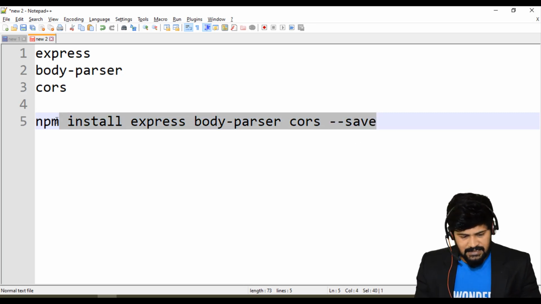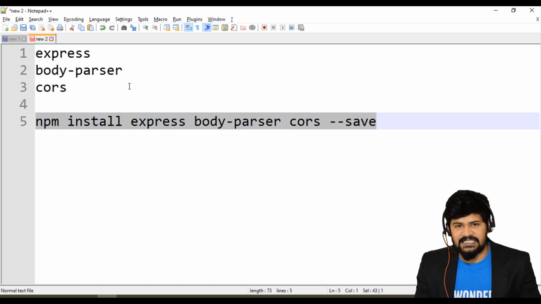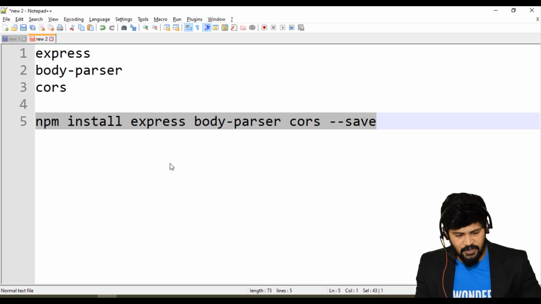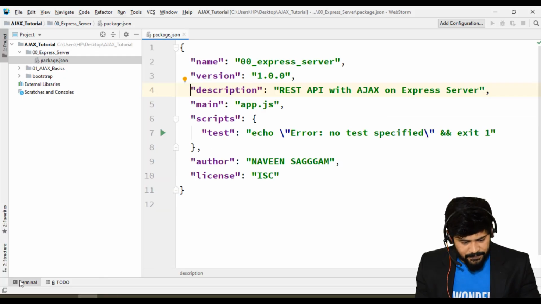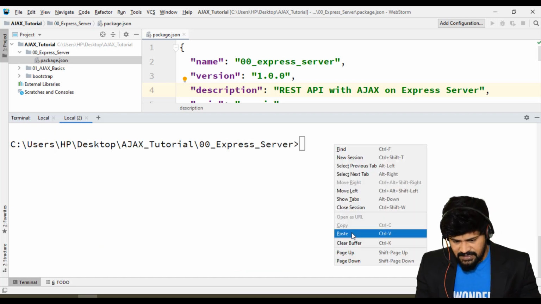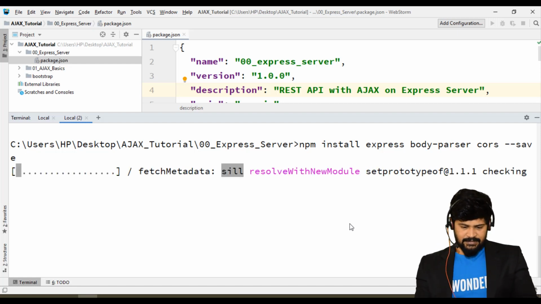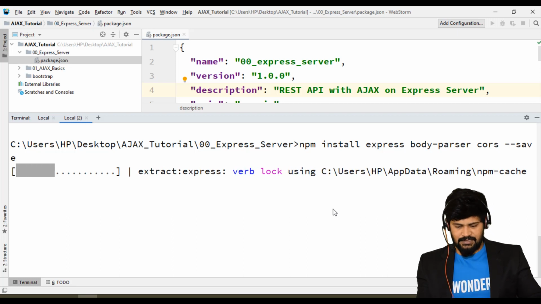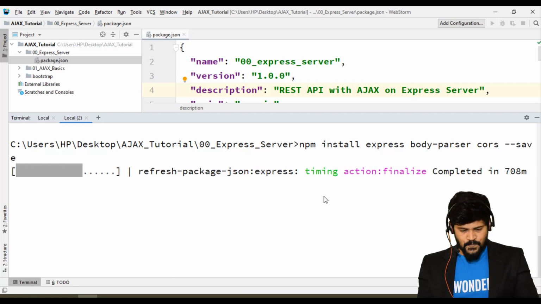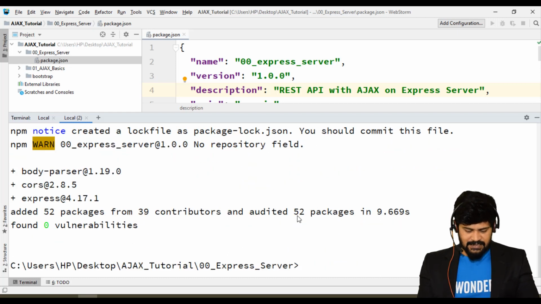Okay, this is the step to install, and before you hit this command, you must have an internet connection, because it downloads some set of modules. Module means a set of libraries. Okay, fine. Let's copy this back to the terminal where our project resides, here in Express server. Let's paste it, enter. It takes some time. Yeah, so it is created.